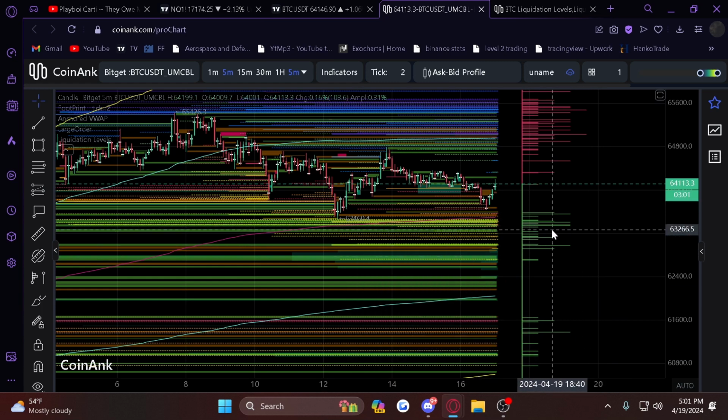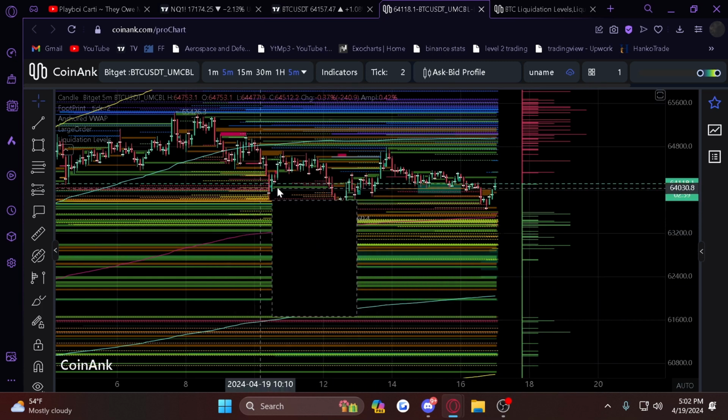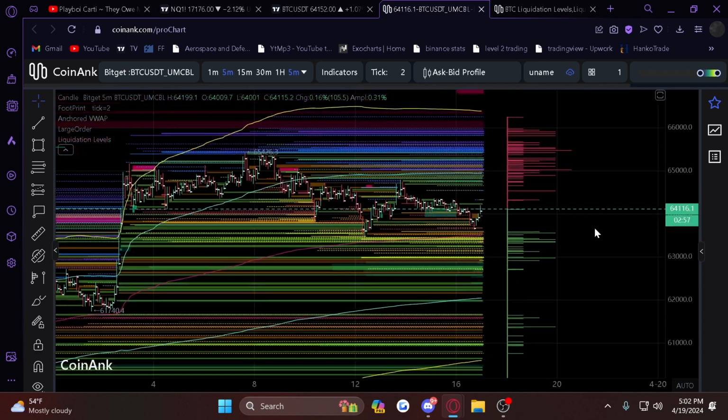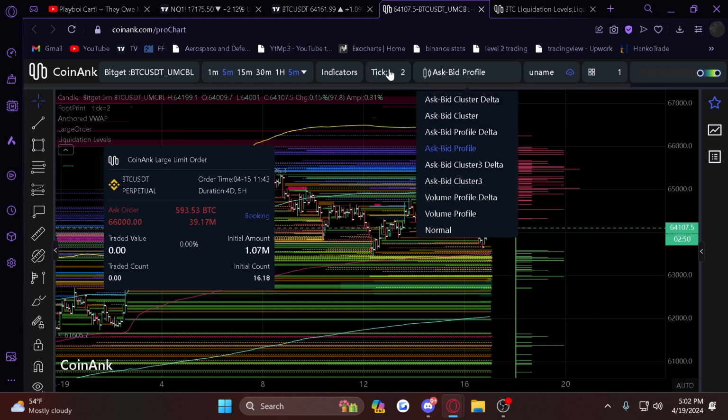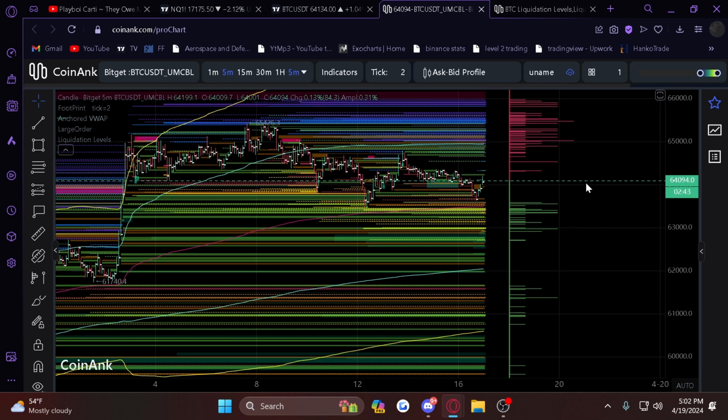Alright guys, I'm going to go over the Coinank settings because they are kind of complicated and I also have changed them up a bit. So the first thing we're going to go over is the tick count. Set this to 1, set the tick count to 2. The ask bid profile is what I use for the most part because